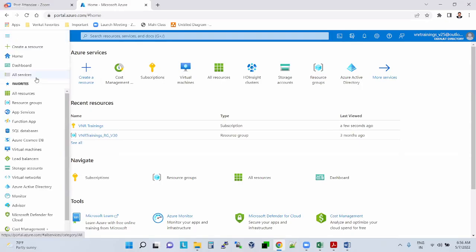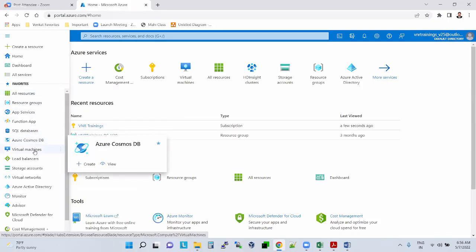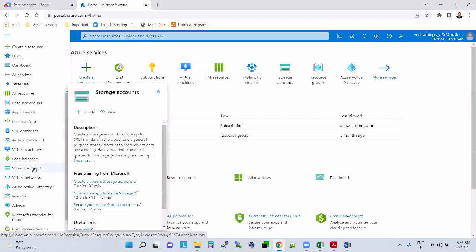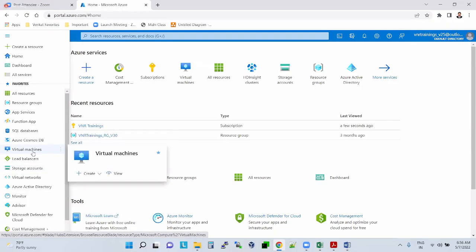As I told you, if you want to create SQL databases, you can create them from here. Cosmos DB, virtual machines, a load balancer, or only storage, you create a storage account. Understand? Like this, you can create only a storage account, or if you want only processing with virtual machines, yes, you can take a virtual machine.